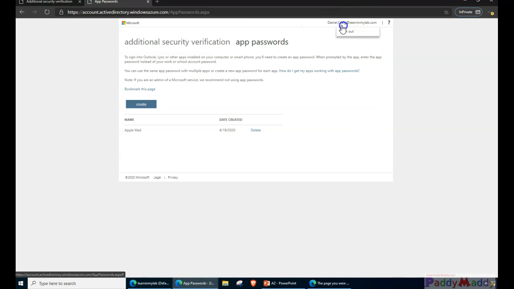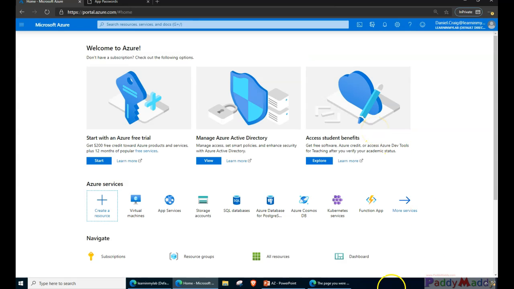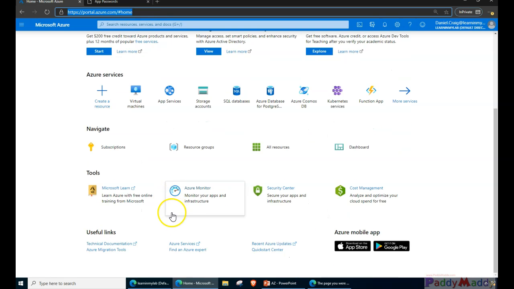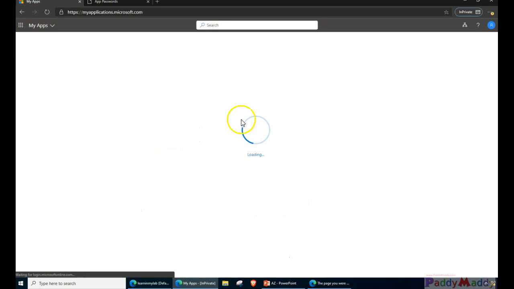You see here, this is for the Daniel Craig account. And once this is done, you can click on the done button. That would take you to the actual URL, in this case portal.azure.com. So you see here, I'm able to access my applications. Similarly, if any applications were published, I should be able to open and see my applications that are listed